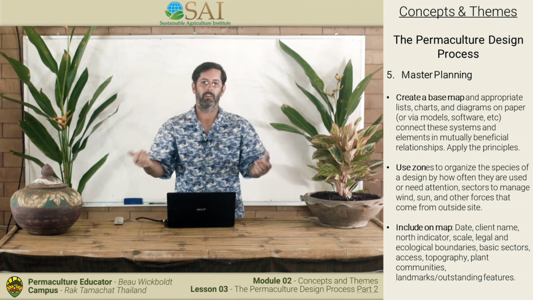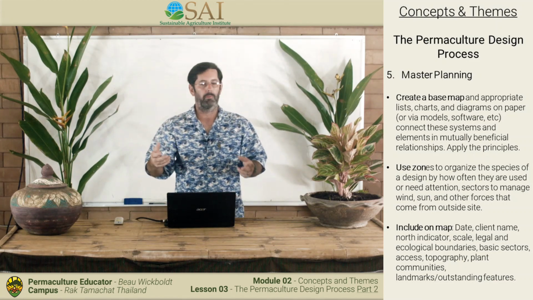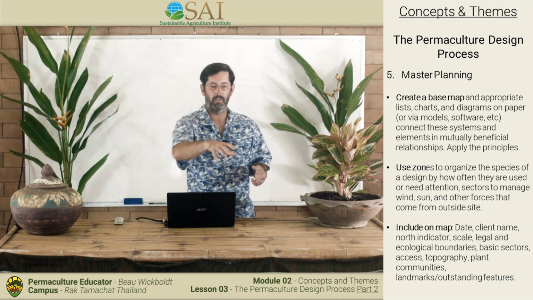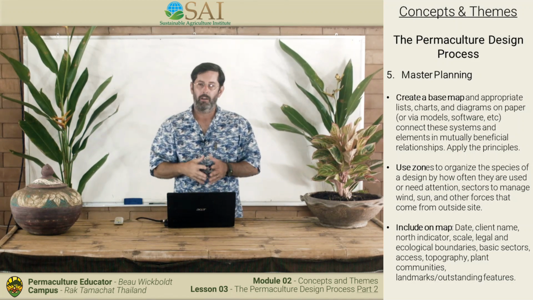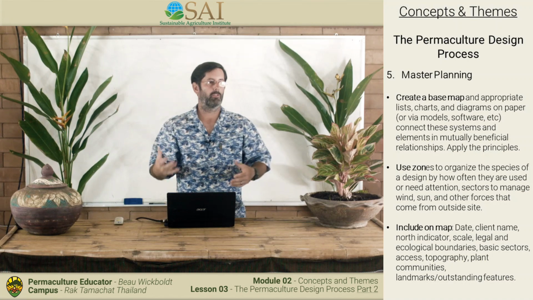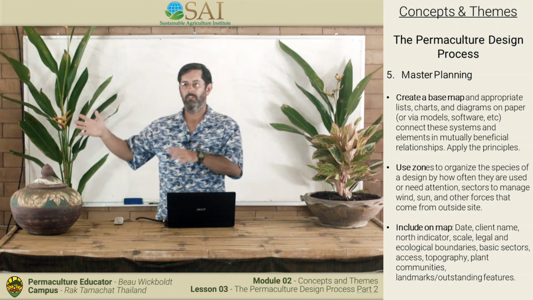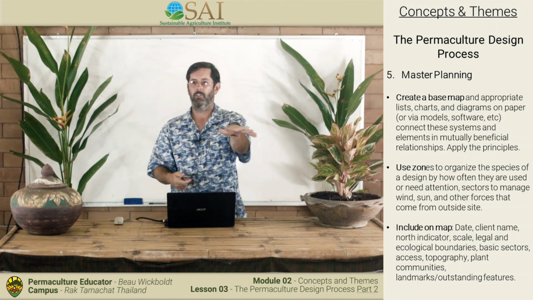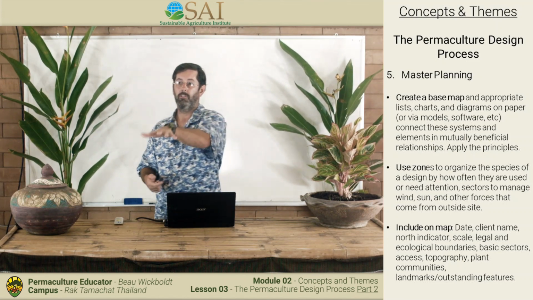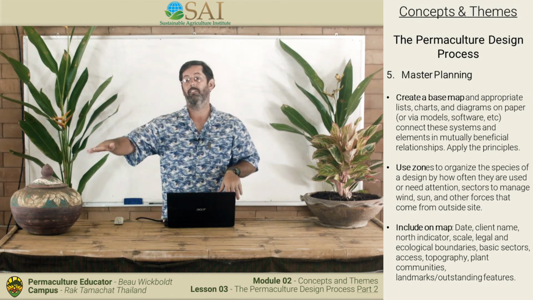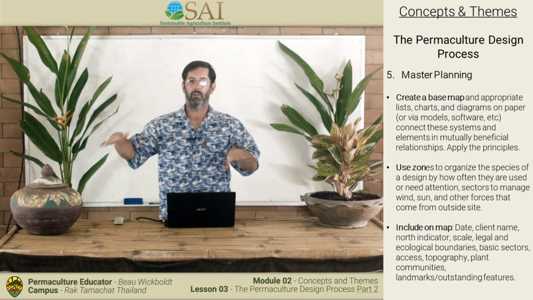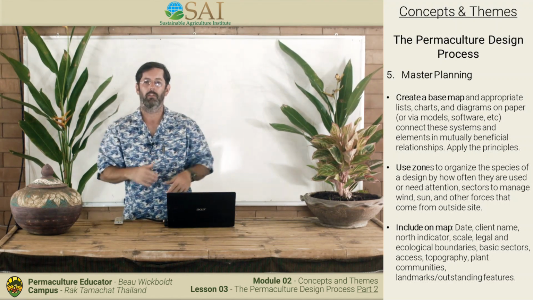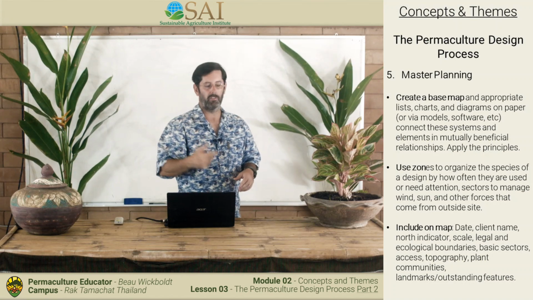Once I have a base map, I start to put in information. I'm going to take the research that I have and try to get that graphically represented on the map for the future development of the property. And sometimes if I put everything on one map, it's too complicated. I can't read it. Later, I'll start to show you maps, and we're going to break those into overlays. This is a map that just shows water flows. This map just shows foliage. This map just shows access. Where are the pathways? That way, when it comes to doing the pathways, I can look at the paths without being confused by all the other things, right? Too much information, or information overload.